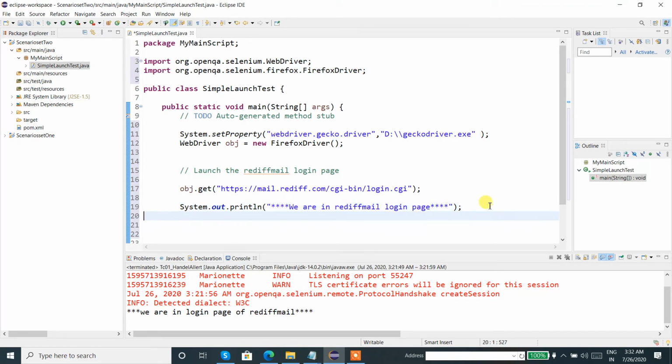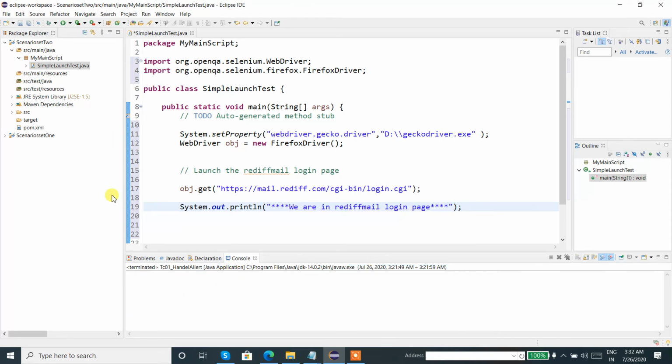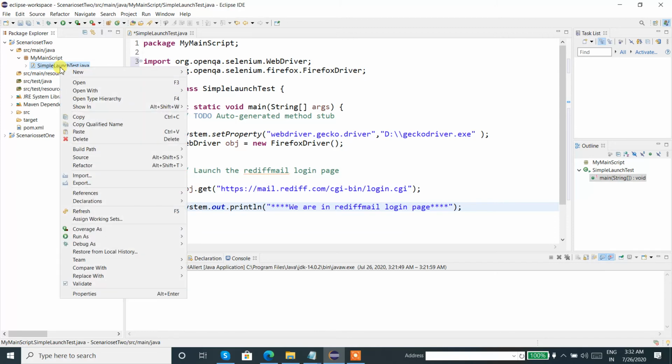Now what we need to do is execute this code, because we want to get the output where the application should get invoked. I have already tested, so it was reflecting, and I cleared the console. So let me just execute the code.